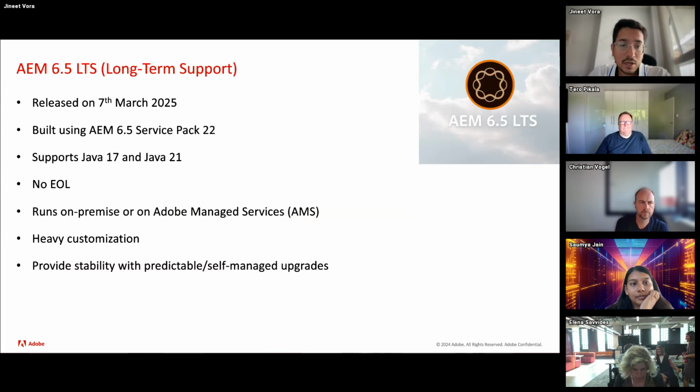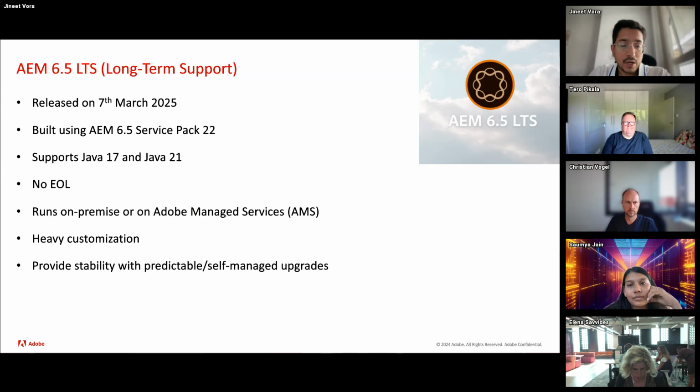It was recently launched in March 2025. It's built using AEM 6.5 Service Pack 22, so all the previous service pack updates are included, and you don't need to have a patch after this. Of course, there'll be new patches coming, Service Pack 23, 24, and so on, which can be applied at a later point. And as I described, it supports Java 17 and 21.